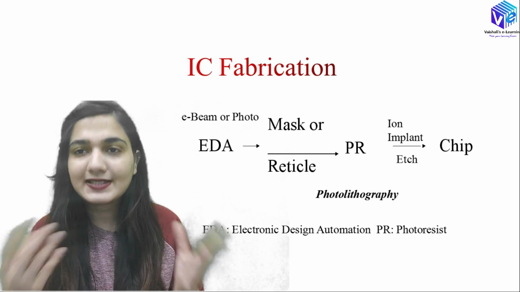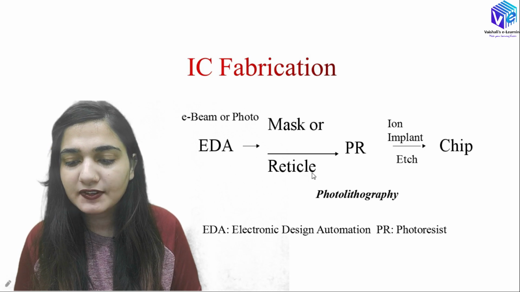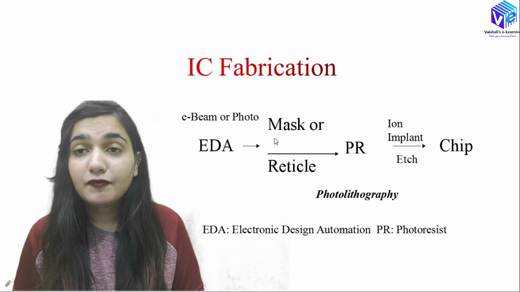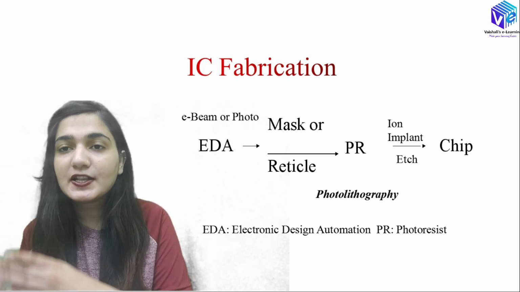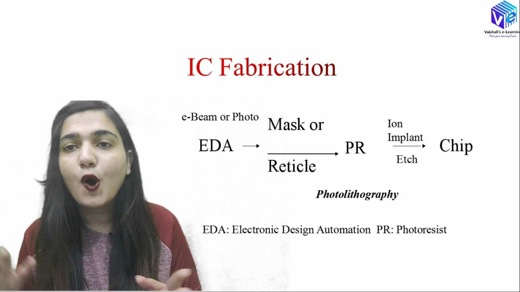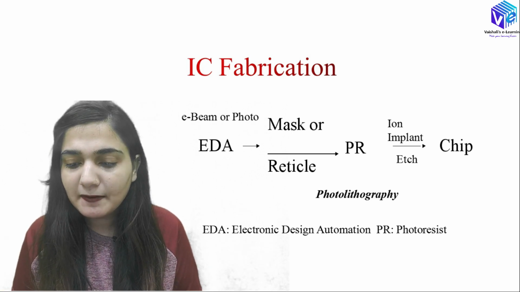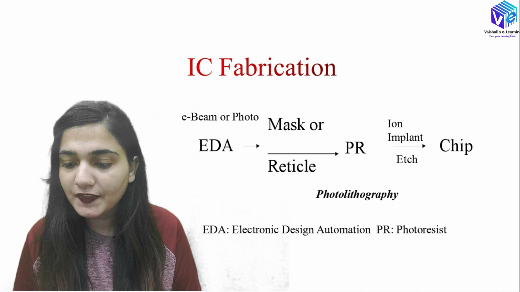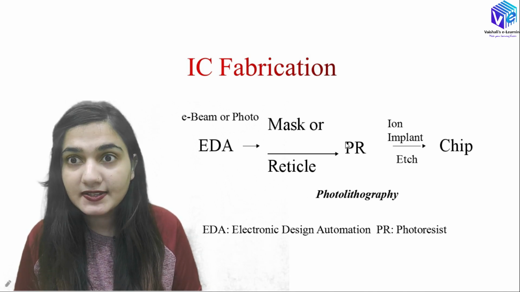Okay, we have some design, we have automated the manufacturing of this design, and with the help of this design, whatever patterns we have on the design, those patterns we are transferring to the wafer, or the photoresist which is present on the wafer. So I will be making masks or reticles on the photoresist. So this photoresist will now have masks.